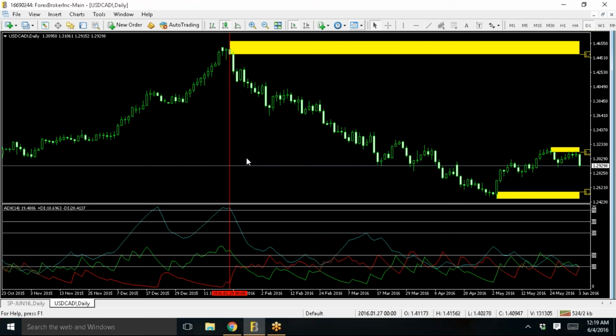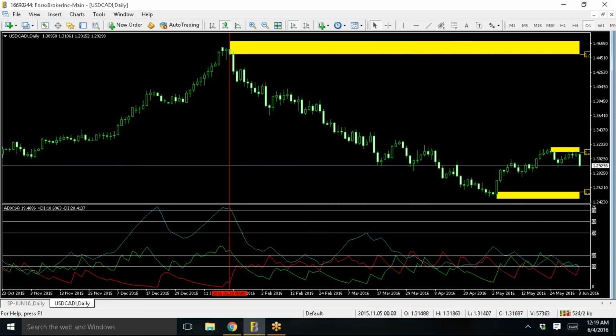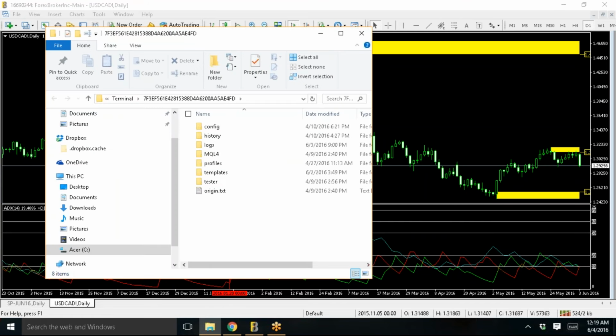Can you show how to add the custom indicators to your list once we download them? What do you mean by custom indicators? Are you talking about when you get them into your MT4? Okay, if you're just trying to get them in your MT4, you just want to go to File, Open Data Folder. I'm just going to go through the whole step, so bear with me. Open Data Folder, MQL4,